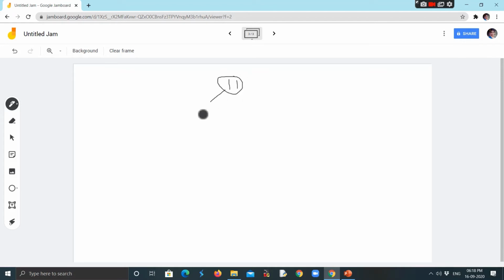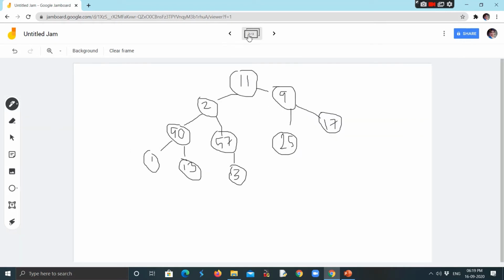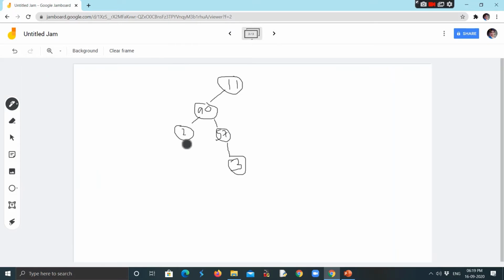11, 90, 2, 57, 3. What was the element? 3, 1 and 13. The remaining elements remain as they are, there is no change to the remaining elements, only the elements are exchanged